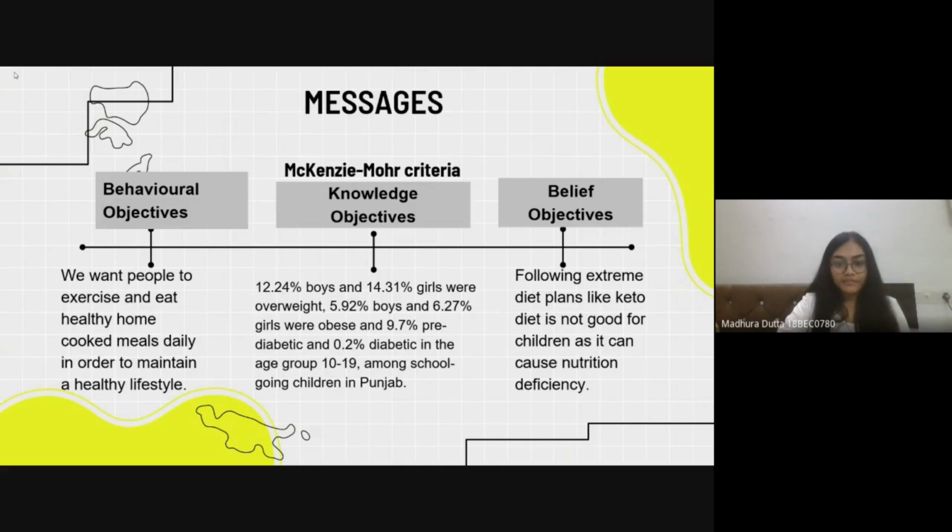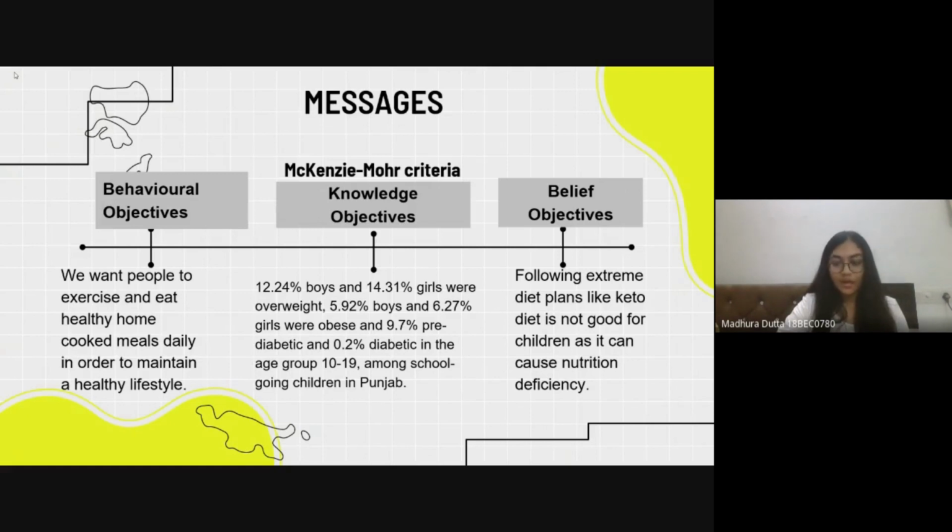For our behavioral objectives, we want the school going population in Punjab to exercise and eat healthy home cooked meals daily in order to maintain a healthy lifestyle and spread awareness about obesity. Moving on to knowledge objectives, statistical reports have suggested that more than 5% of people in Punjab die due to